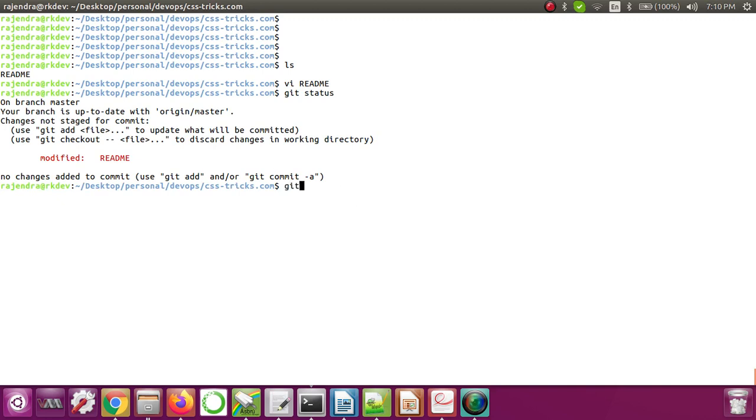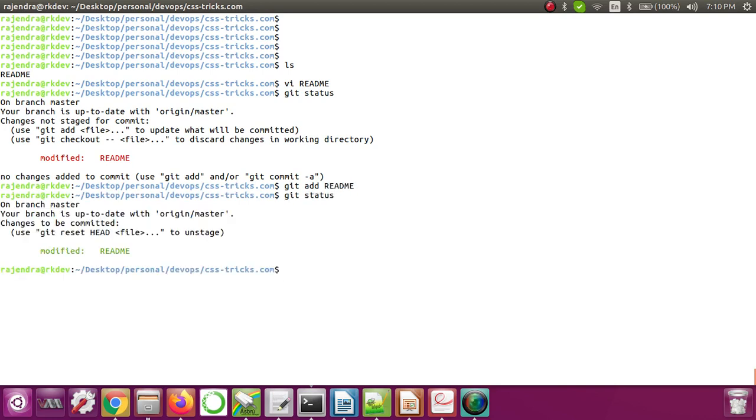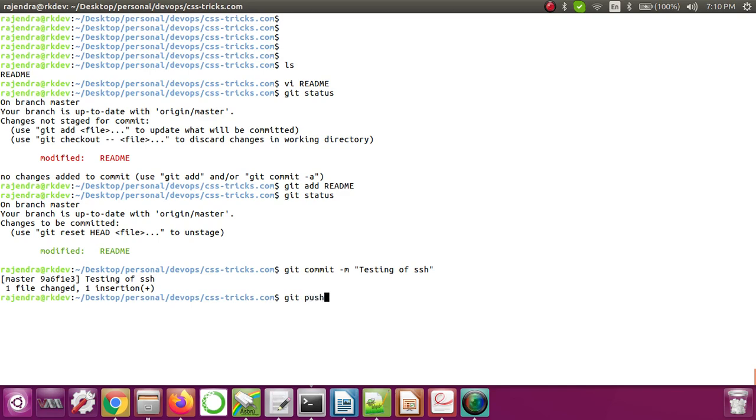So I'll do git add readme, the file got added, and it should be showing in green now. Now let's commit, git commit with a proper message, testing of SSH key.